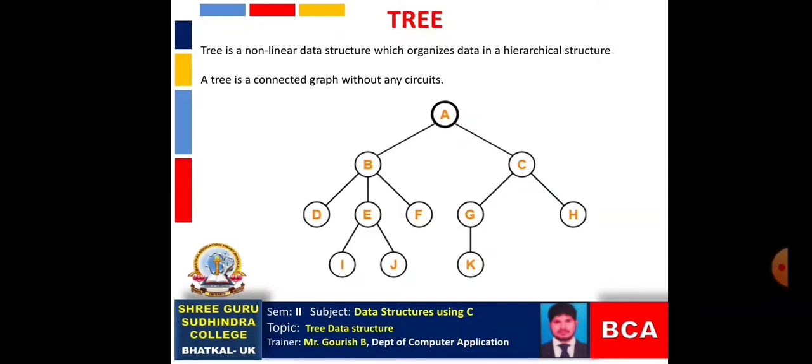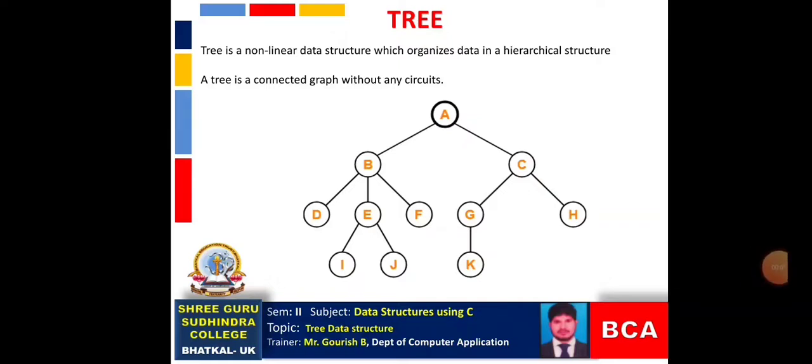Your parents to you, parent and child relation, right? And great grandparents to grandparents, there is also parent and child relation, right? So there is a relation among these levels, right? So this is called hierarchical structure, right? In the same way, tree data structure is organized in multiple levels, right? So that is the reason it is called a hierarchical data structure. Fine.